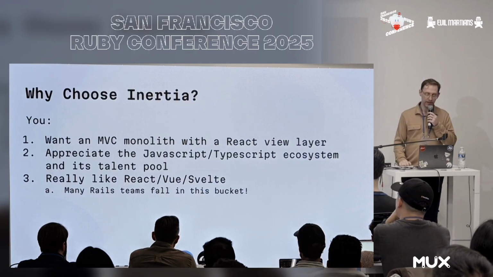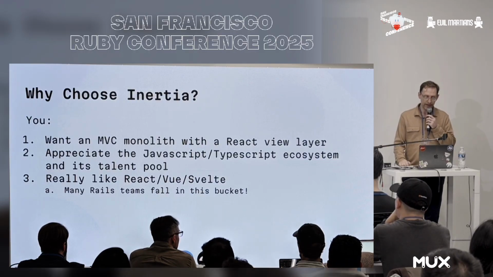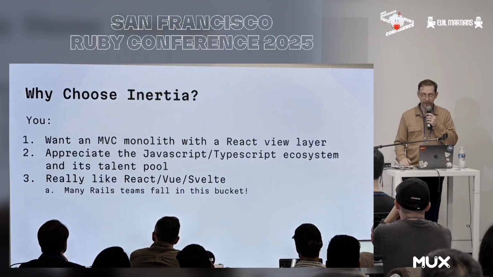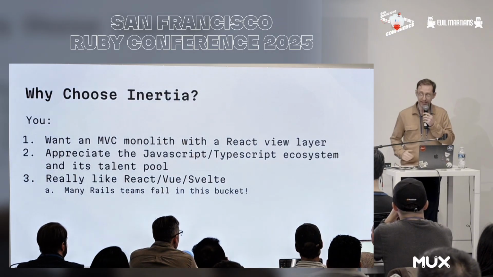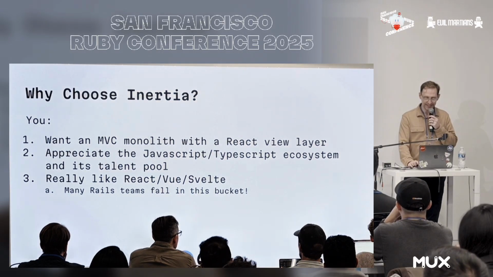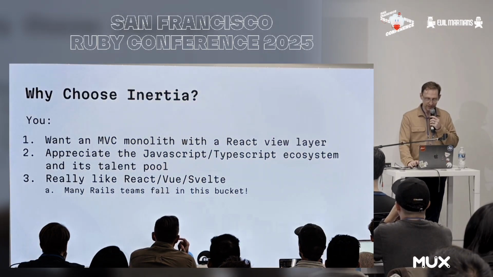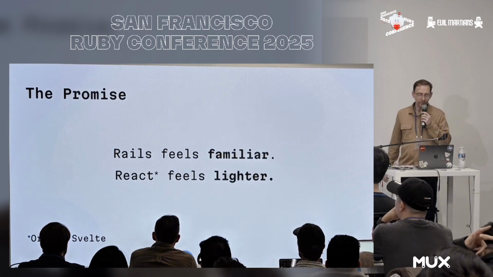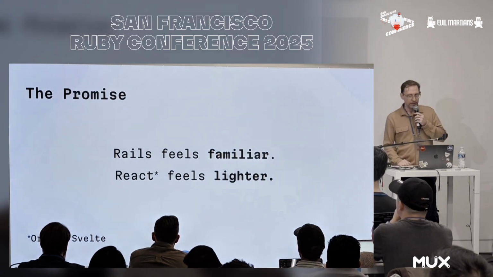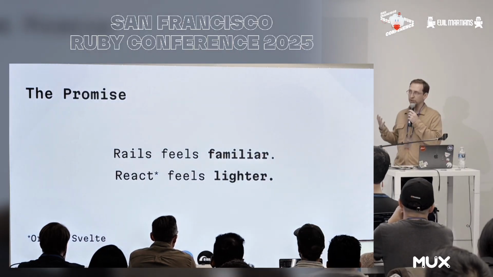Maybe you want some of the great UI libraries that are available there. And then the inverse of our previous slide, maybe you just really like React. I just kind of like JSX as a templating library, and so I enjoy using Inertia and React. So the promise we get from Inertia and Inertia Rails is that Rails should feel familiar